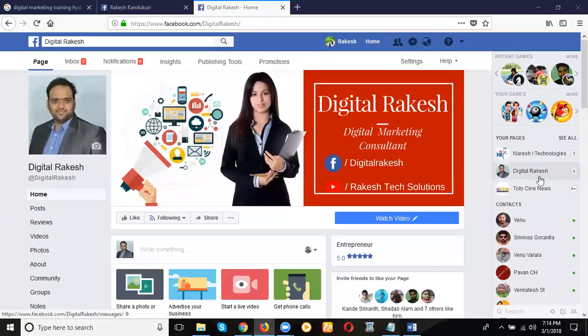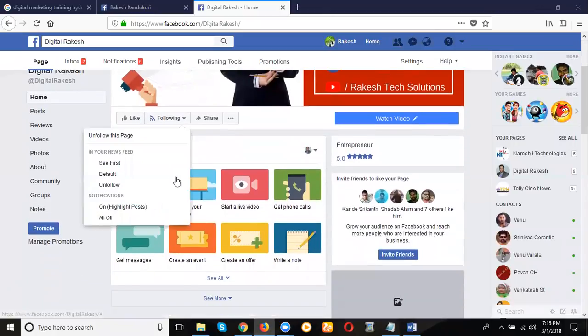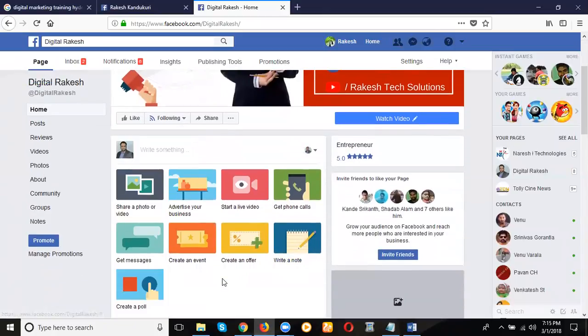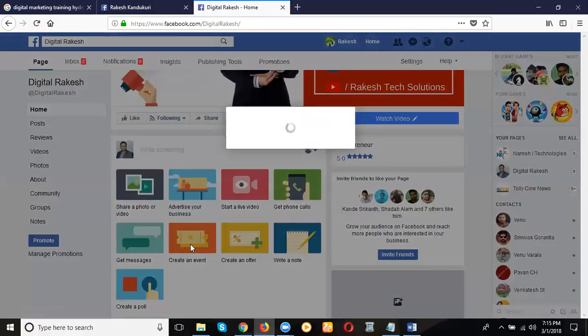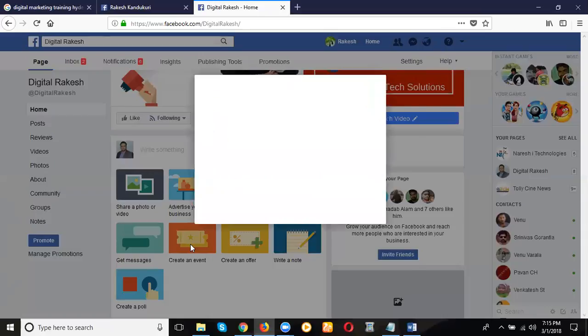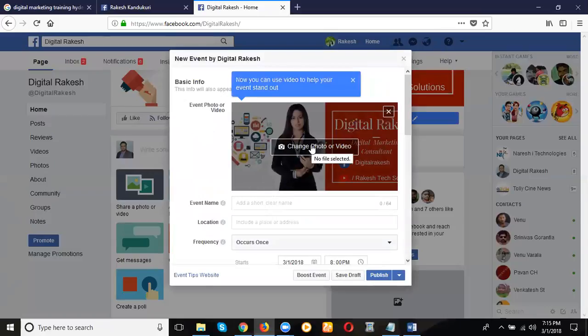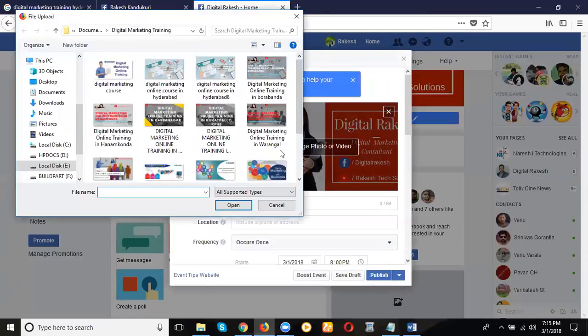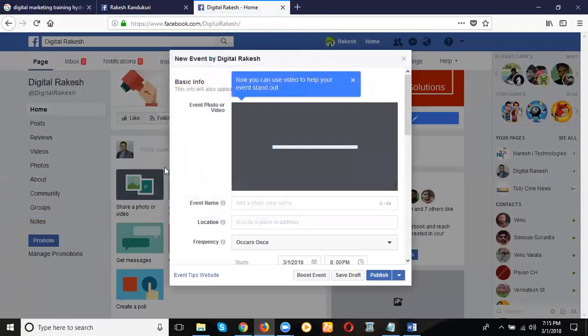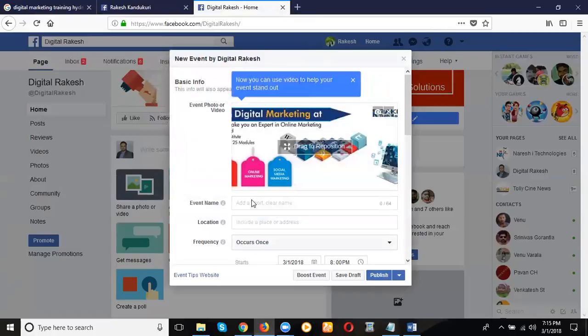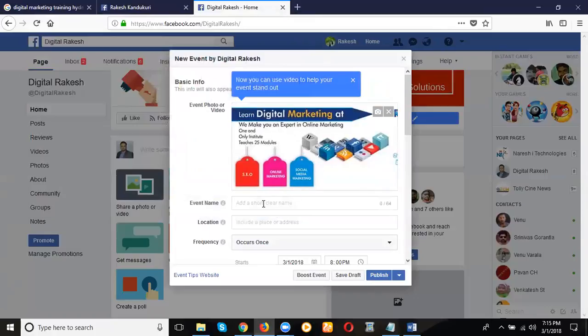So here I can show on the Facebook page. Just come here and click the All option. The option is called Create an event. Click the option. In this option, first take any one image from your desktop. The image size should be 828 by 315 pixels. Select one image here. Then select the event name,